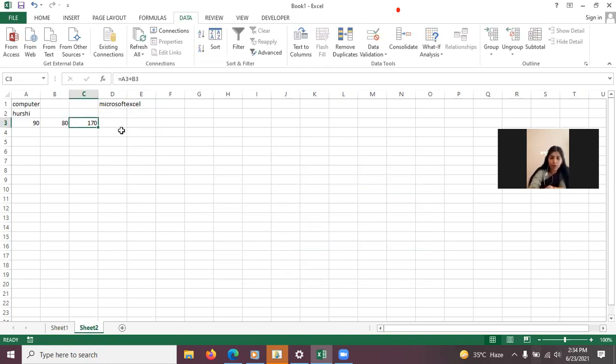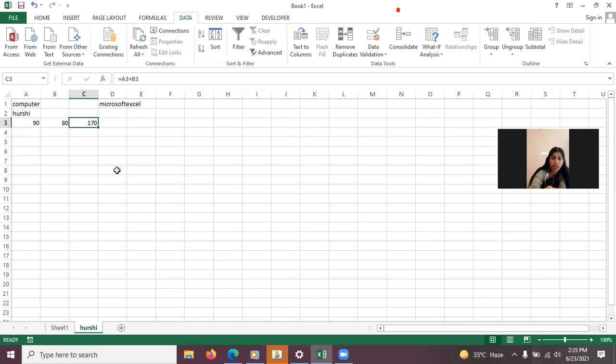Second is renaming a worksheet. Renaming means we are changing the name from sheet 1 to some other name. Right click on sheet 1, beta. You will right click. There you will find the rename option and you can rename. Khushi, give your name to the file, beta. Yeah. So this will be changed. Okay. This way you can change.